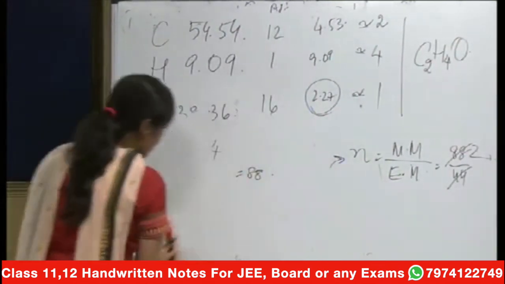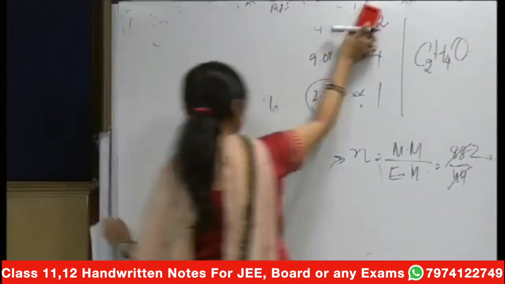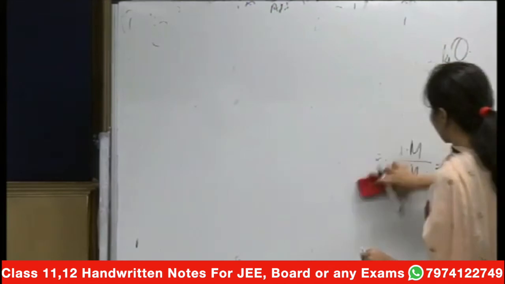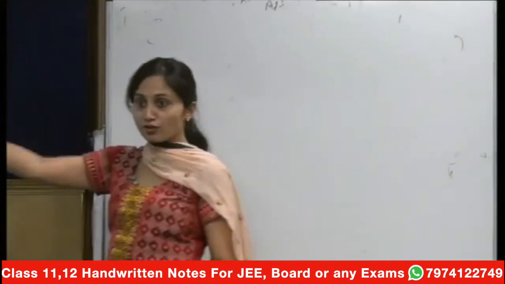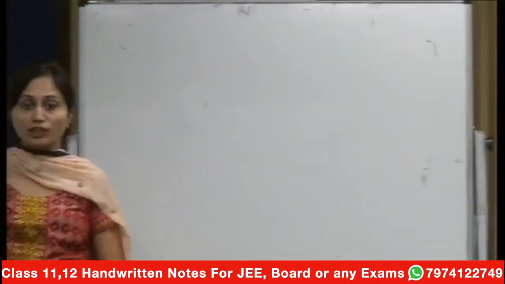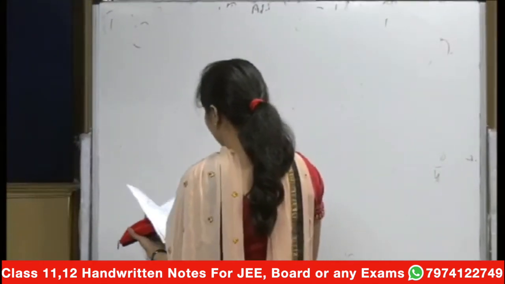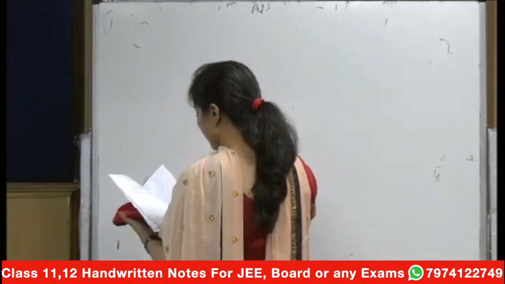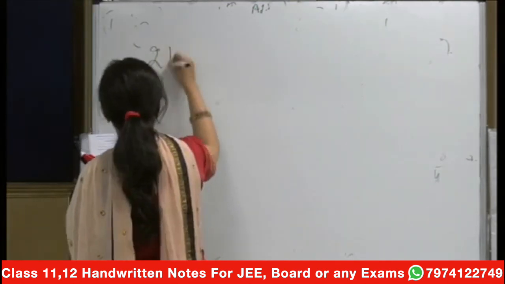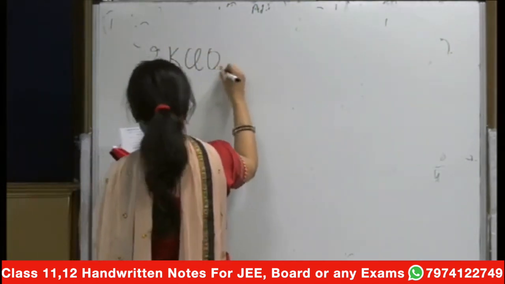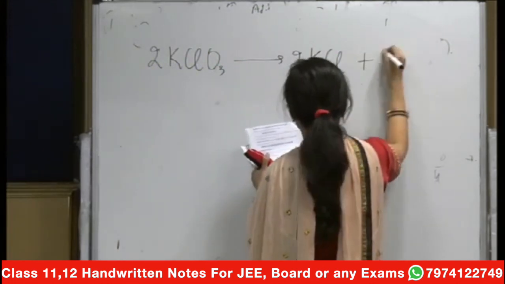We've seen the concentrations, we've seen the relations between the concentrations, we've seen the mole concept. Remember that whenever you are balancing an equation, the molarities will be according to the coefficients, but the normality will be equal in all these cases. Here what you have to actually check is the final thing. If I give you an equation, say for example 2 KClO3 giving you 2 KCl plus 3 O2.